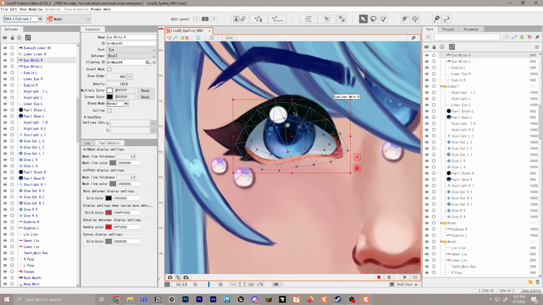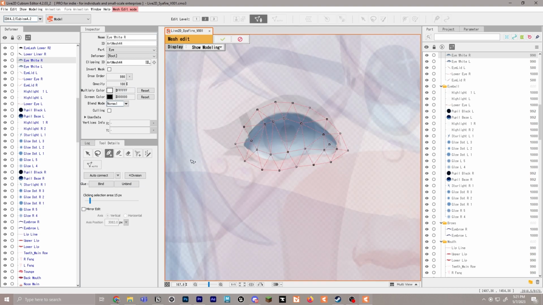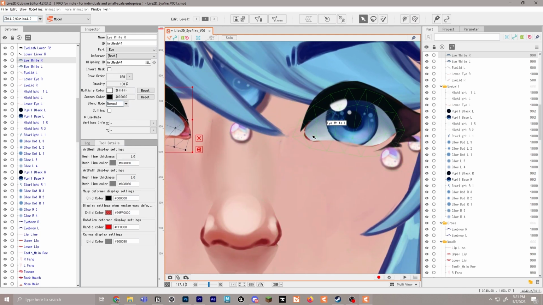Next, we'll take a look at the eye white. We'll go to the edit and go ahead and erase everything. Spooky, we can see the eye underneath. Okay, so a good place to start is kind of right where the shading between the top layer and the eye white is. And if you don't have that, you can just kind of go through the middle somewhere. And then we'll do one that's straight along the top here, and then one that's going straight along the bottom here. And then we can just connect everything. And then we'll do the other side.